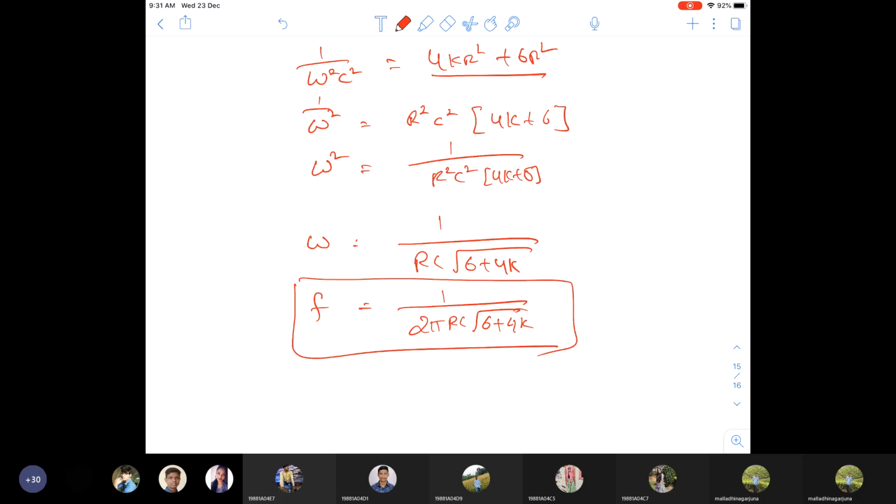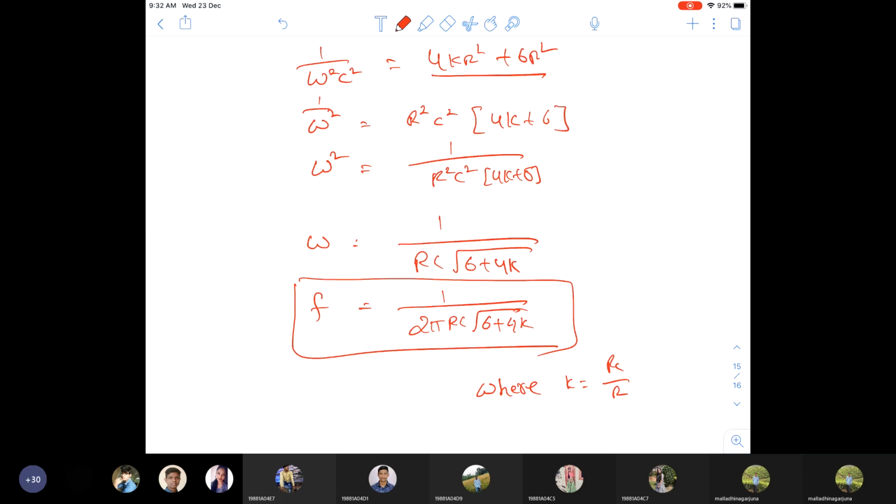So this is the theoretical frequency where k is equal to rc by r. So this is the frequency of oscillations for the RC phase shift oscillator. Done. This is actually the exact one, but practically we will take only 1 by 2 pi rc root 6